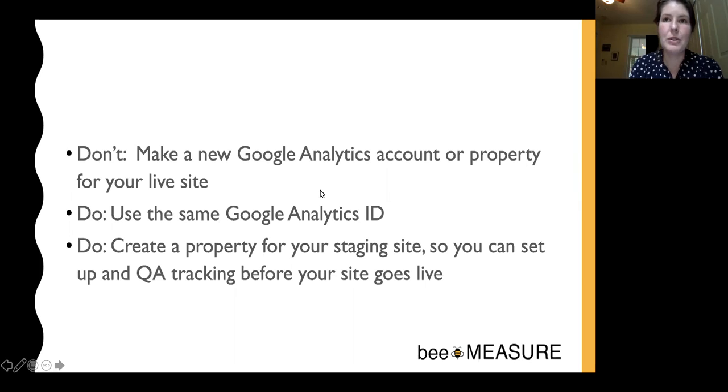So if you have a property for your main site, you want to keep that same ID number, and when the site goes live, you can move the tracking ID from your old site to your new site. That way you are not creating more stuff. Also, you're able to see year over year how your stats have changed. Is your new site helping you get more traffic? Is it getting people to sign up for the program or whatever? If you create a new account, every time you want to do that, it's going to be a big headache. So use the same Google Analytics ID number.